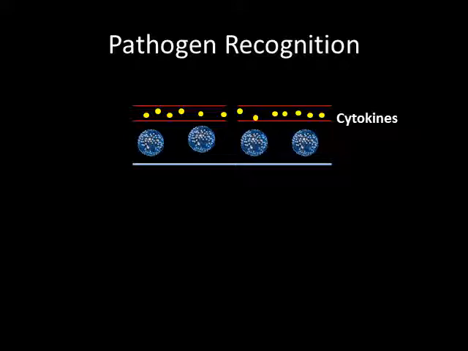Now, as I have mentioned earlier, there are unique regions in these pathogens which are recognized by our receptors. And this would include your flagella or even your flagellin, lipopolysaccharides, which are endotoxins present in gram-negative bacteria, peptidoglycans present in gram-positive bacteria, RNA in viruses, and collectively we call these your PAMPs, pathogen-associated molecular patterns, which are found in pathogens. Then, of course, to recognize the PAMPs, you have PRRs, or your pattern recognition receptors, and